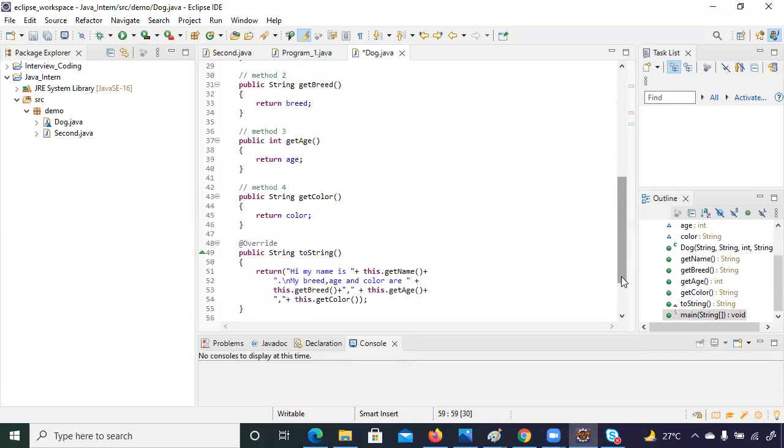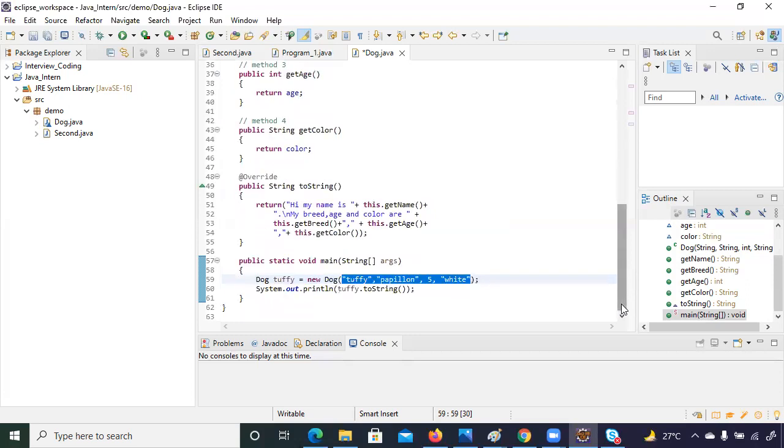Here, why have we used toString down here, line number 60? So here we are converting into a string, this Tuffy dot toString. You can see this dot get name, this dot get breed.